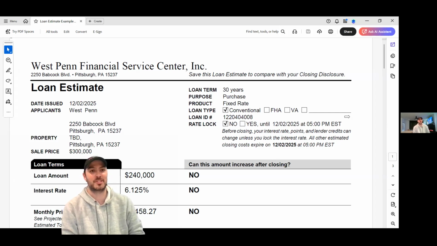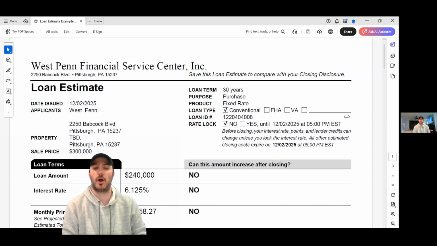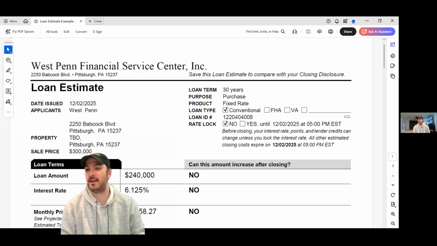Today is December 2nd, and I wanted to take this day to really go over the loan estimate with you guys. The loan estimate is the most important document a buyer can get in the mortgage process. It must be given when the buyer completes their mortgage application. So it is very important for you as agents to understand this form, because a cost sheet, an estimate, anything that's not specifically called